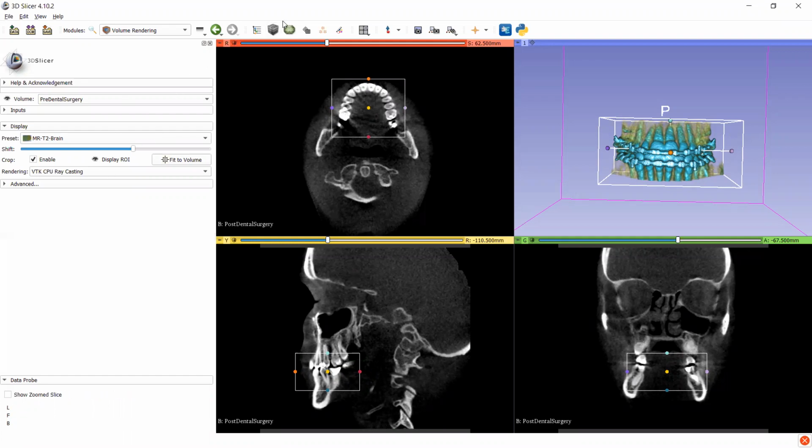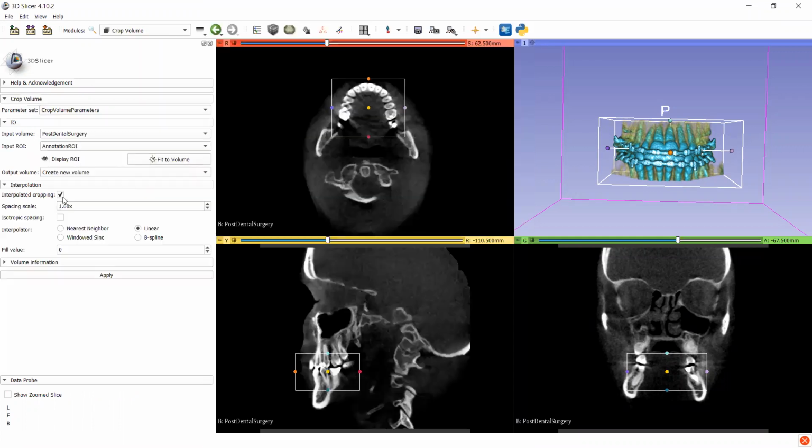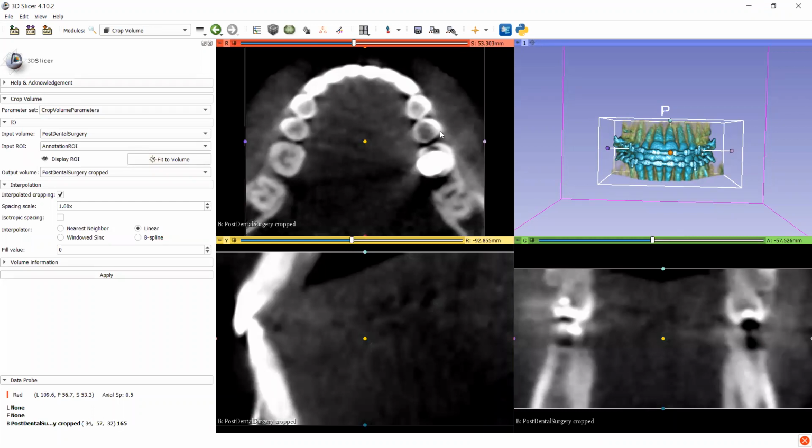After that, I'm selecting our region of interest by using one module called crop volume. Okay, let me apply the crop volume. It will take some time. Just wait for one minute. Now it's okay. Just look at this. Look at all the pictures. In axial view, there is a row of teeth, and in coronal and sagittal as well. In all views, our region of interest was cropped.